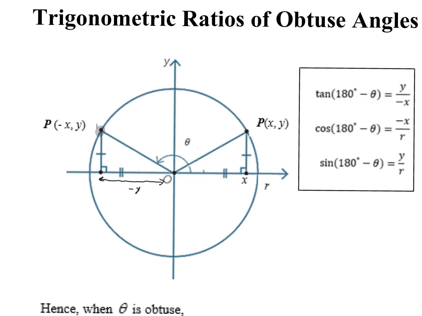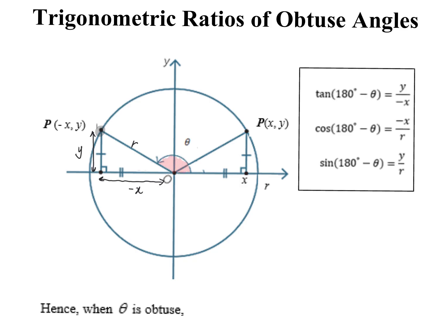Negative X. But this is still Y, right? No change. Still on the positive side. This one, still no change, because this is forever the radius. It's always positive. So if I look at the angle, if my angle becomes obtuse, more than 90 degrees,